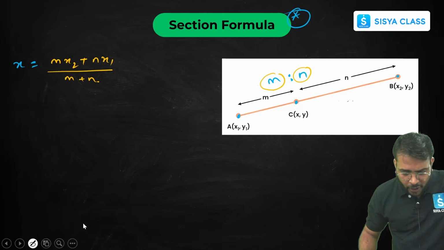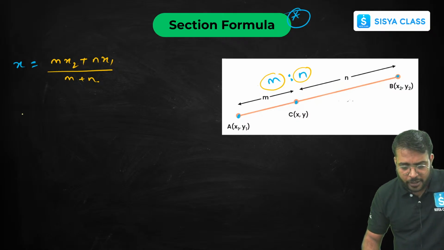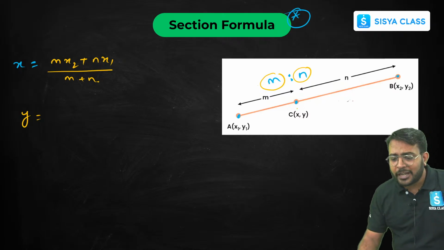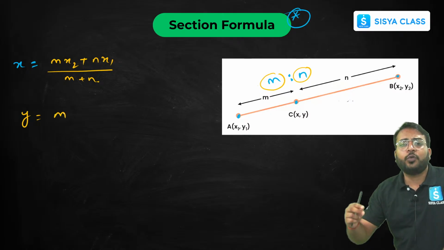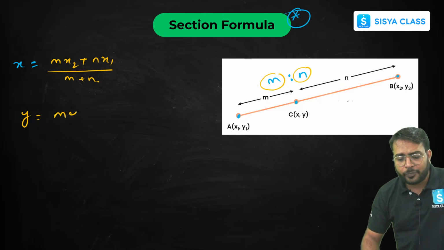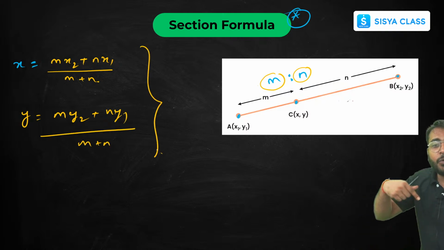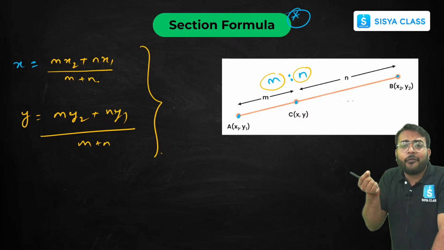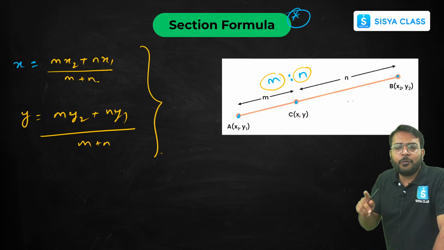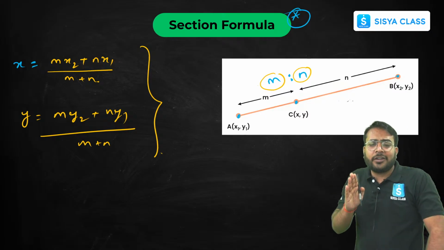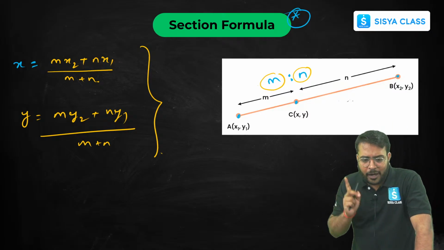ओके, हाँ डाउट पूछो, क्या डाउट है? अगर मुझे y कोऑर्डिनेट फाइंड आउट करना है बेटा, तो y कोऑर्डिनेट मुझे कैसे करना पड़ेगा? अगेन दूर वाले से मल्टीप्लाई करना है बेटा। तो m को किससे मल्टीप्लाई करोगे? दूर वाले y से। दूर वाला y क्या है बेटा, y2 प्लस n इंटू y1 डिवाइडेड बाई m प्लस n। सो दिस इज हाउ यू आर गोइंग टू गेट योर कोऑर्डिनेट ऑफ दैट पॉइंट which is going to divide your given line in the given ratio, all right, and where your given ratio is m:n, understood, okay।